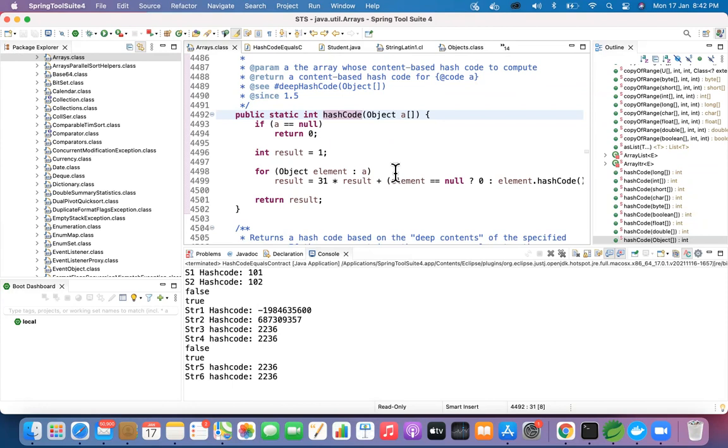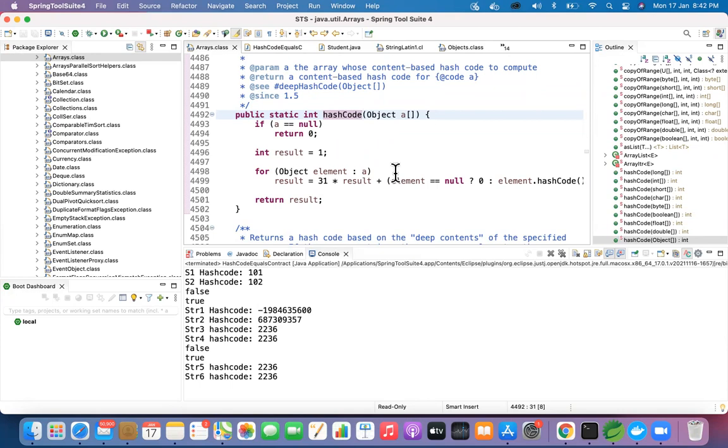From an interview perspective, or even when you're writing your own program, we need to override our hash code method and equals method if your employee object or student object is used in any kind of map, such as HashMap or TreeMap. Whenever we override hash code and equals, you can have your own logic.